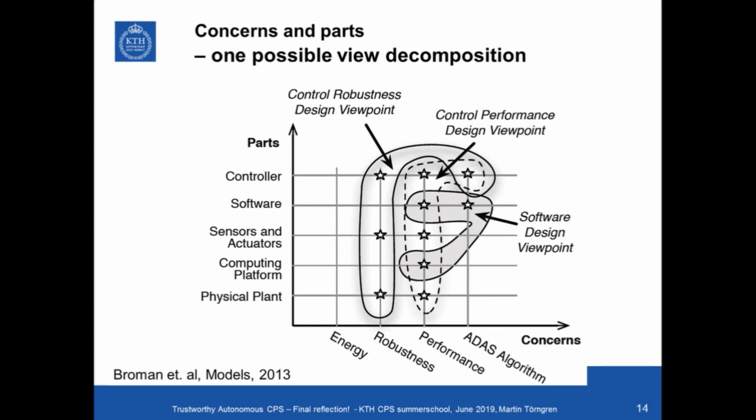As you can see here, to give you one example, the control engineers typically look at performance of a closed loop control system, and they look at robustness, and that results in an algorithm. They take certain things into account and include certain things in their models. Typically, they have very simple, rudimentary abstractions of communication delays, although that is being more and more recognized now.